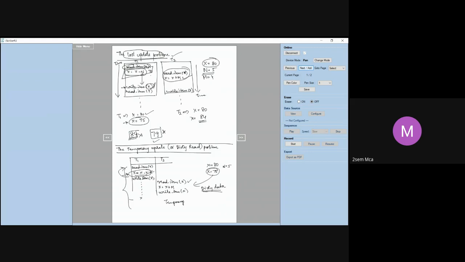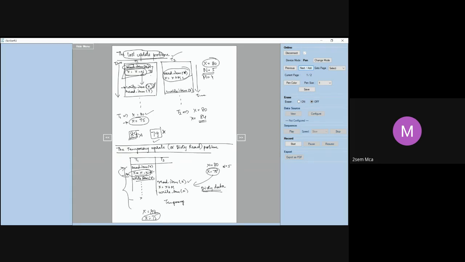Here, what is happening? Look here. T1 is a transaction. It reads a data item X. Let us say X is 80. It reads that. Then it does X equals X minus N, so now X will become 75. Then it writes the value of X. Till then it is fine. So now X is recorded as 75.